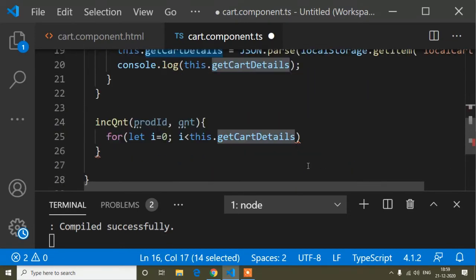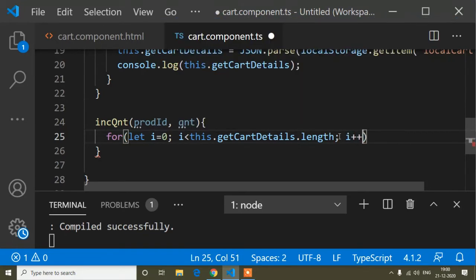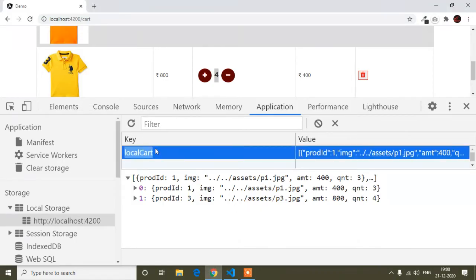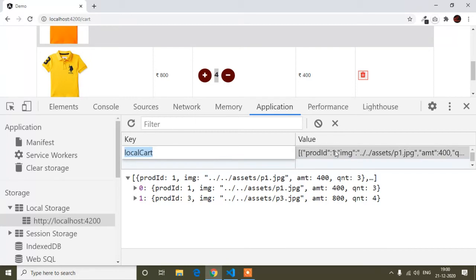So get card details dot length, and i plus plus. I write a loop here because suppose in this local card, I mean in the local storage, I have many products. So first of all I have to check all the products one by one.